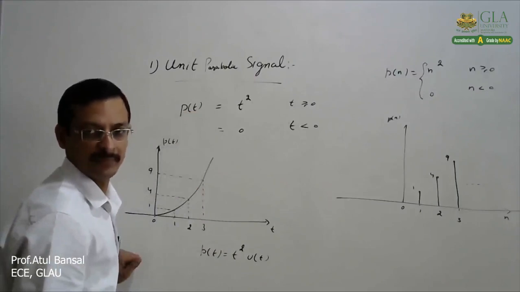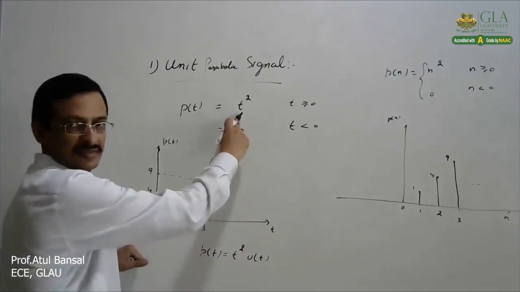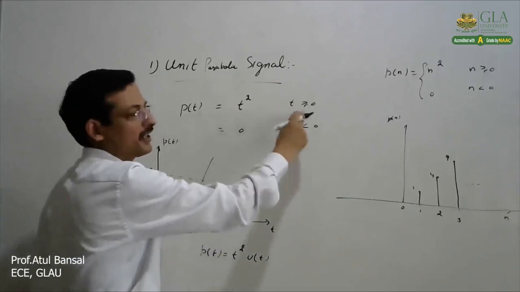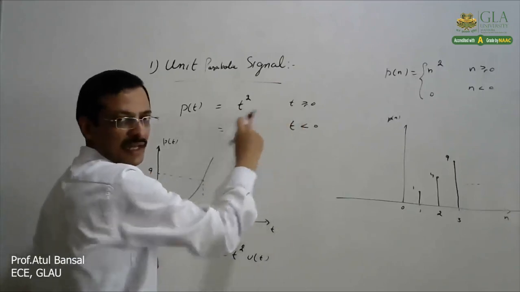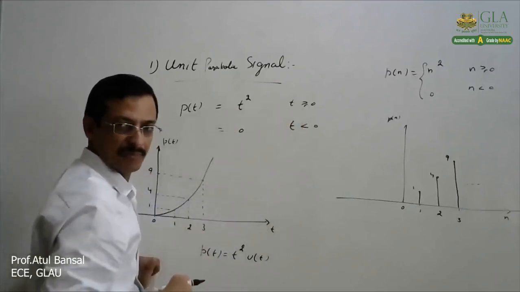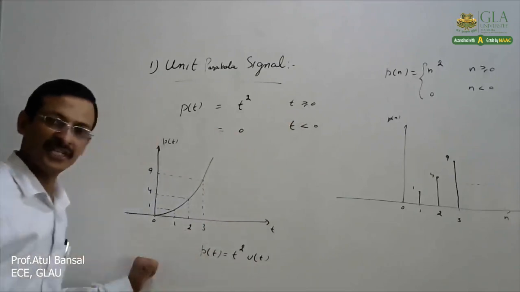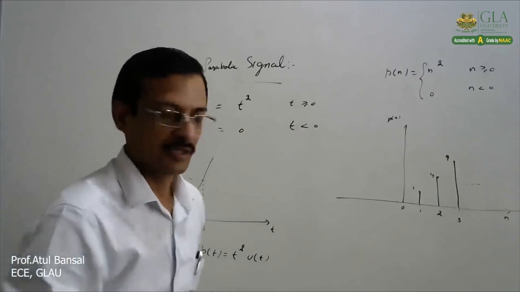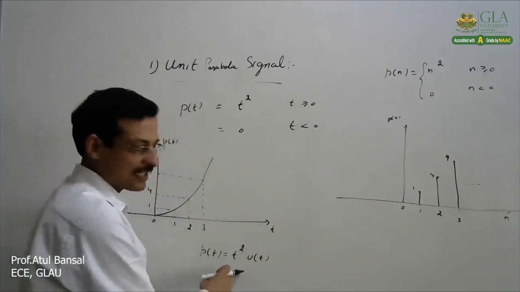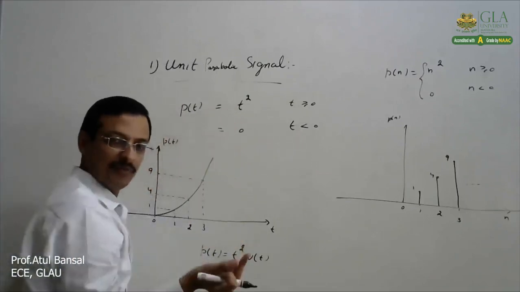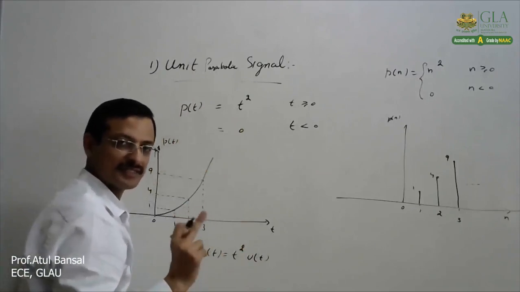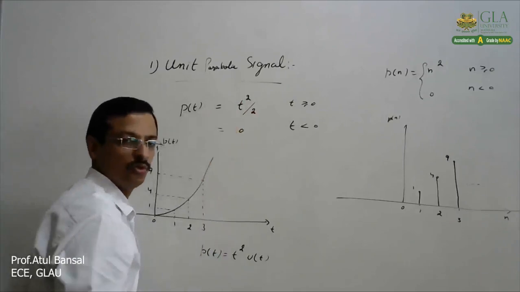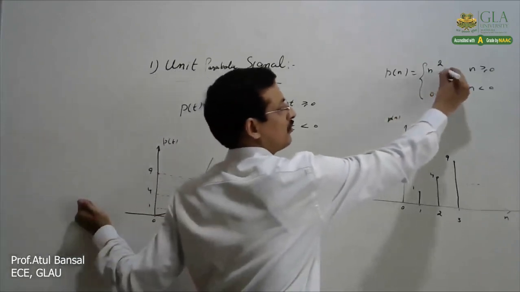That will give you 2t, right? Differentiation of this will be 0 for t less than 0. Differentiating this, it will give you 2t, and t was the ramp. And further, if you differentiate the ramp t, it will give you 1. So generally, instead of t square, some books, so that we get the similar ramp, also mention it as t square by 2 or n square by 2.